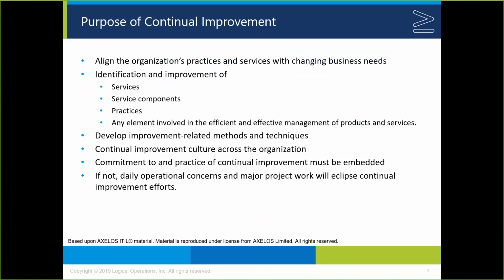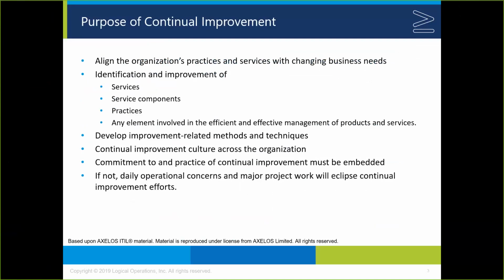So then we go through. We begin with continual improvement. Now, reminding them again at this point that we've seen continual improvement 2 other times already. We've seen continual improvement in the context of the overall service value system. We've seen continual improvement in the context of the improve activity. We've talked about the continual improvement model. And now we're back. And here we're talking specifically about establishing a continual improvement practice.